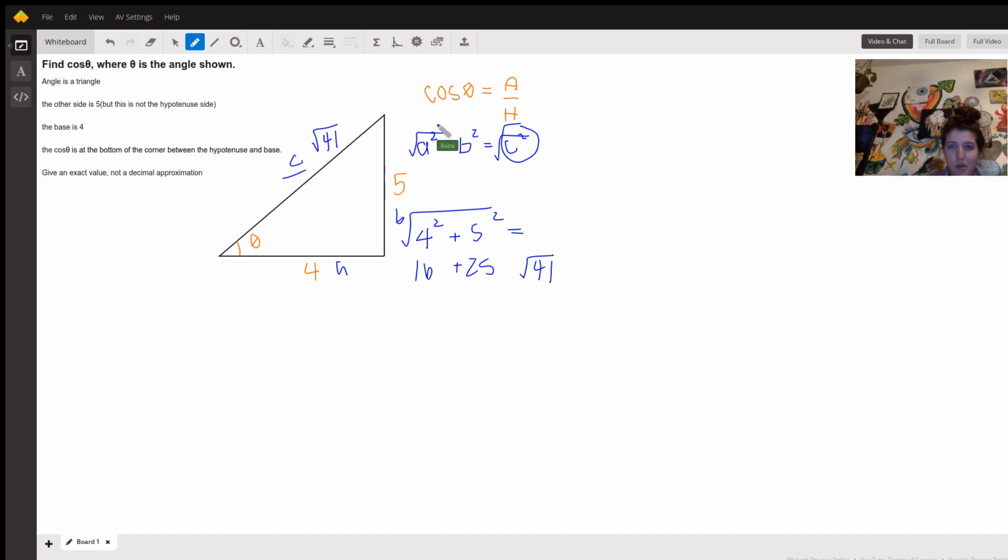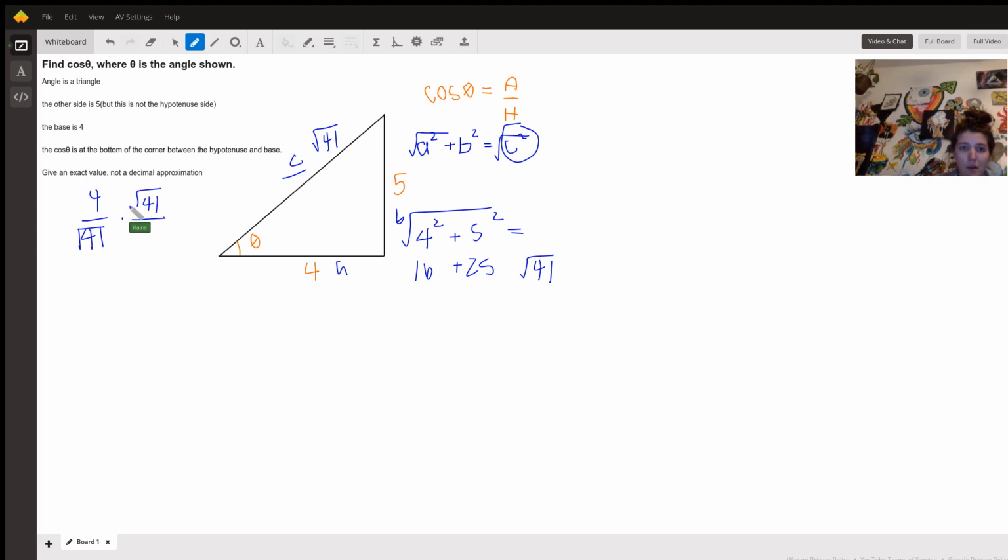hypotenuse. So cosine theta would be equal to the adjacent side 4 over the square root of 41. In a lot of math, we don't like to have a square root in the denominator. So in order to get rid of that square root in the denominator, we multiply the numerator and the denominator